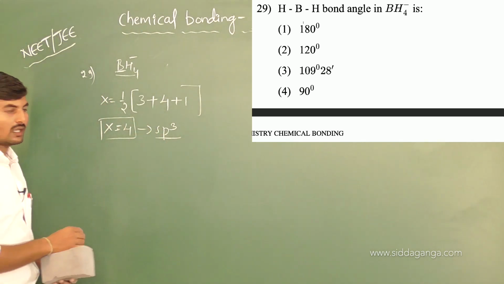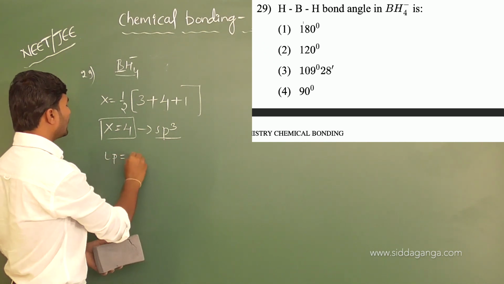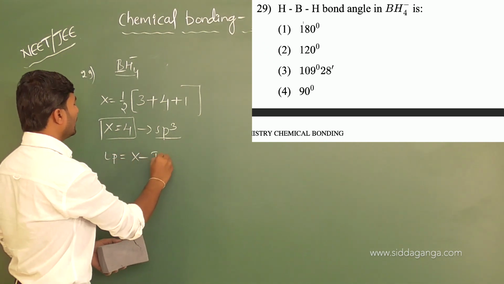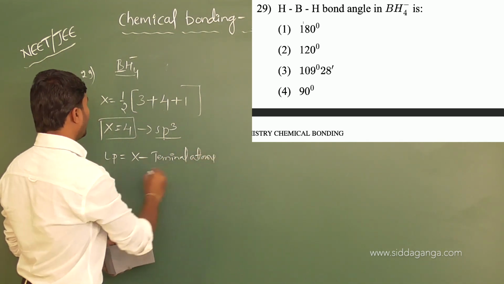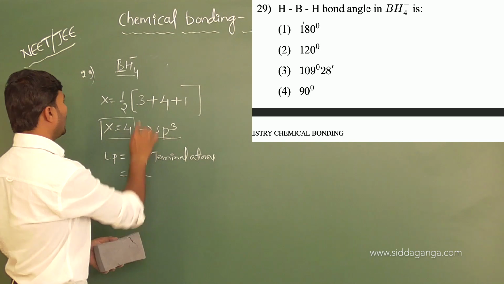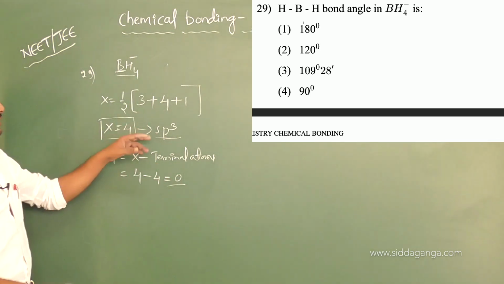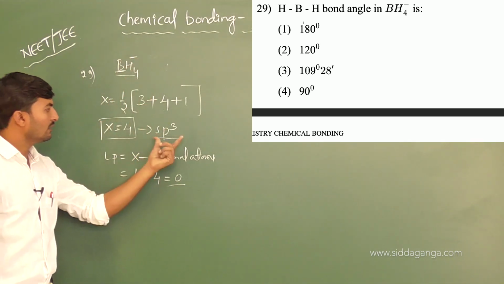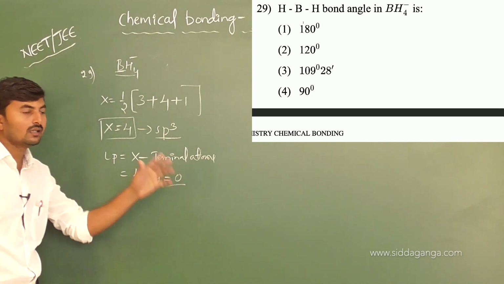There will be sp3 hybridization. With sp3 hybridization, if we calculate the lone pairs, it is x minus terminal atoms. Okay, what is the x value? It is 4. How many terminal atoms are there? Again we have 4. 4 minus 4 equals 0. This particular molecule BH4 minus will have sp3 hybridization with 0 lone pairs, so there is no change